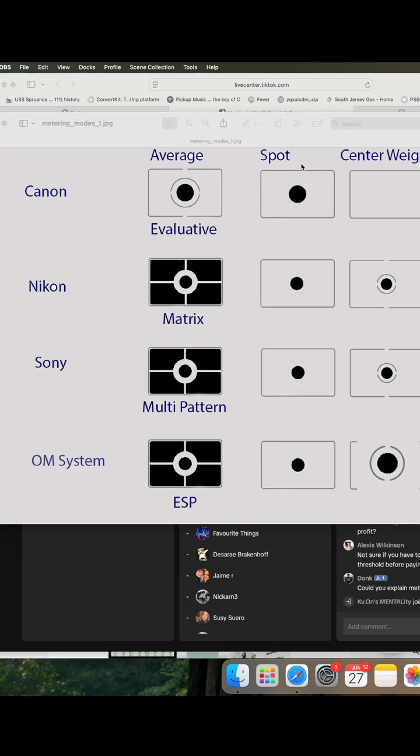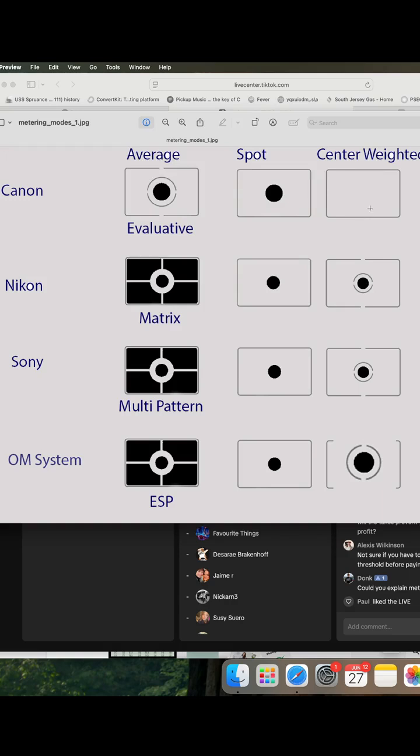So then looking at the next metering mode here, we have this one over here on the right, which is center weighted metering. And it's called center weighted across every brand. So Nikon, Sony, Canon, it's all called center weighted. And what that means is your camera is going to look through your lens, but instead of measuring all of the light that's coming through the entire frame, it's